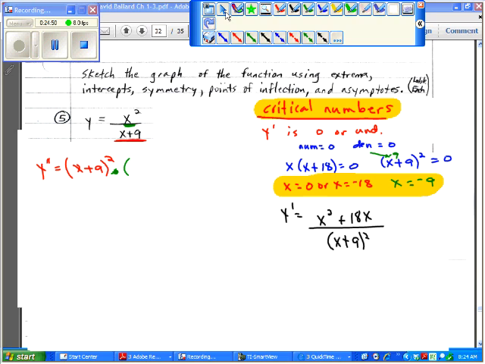Now we're going to put it in parentheses, right? Times the derivative of the numerator, which is going to be 2x plus 18. And then what? Minus, good. The numerator, x squared plus 18x, times